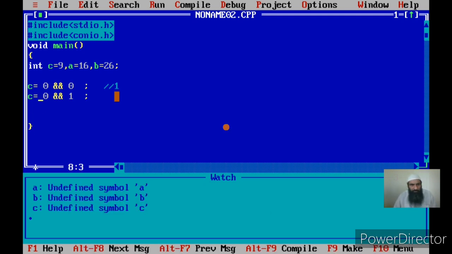I can put it in some other variable, or it is clear, I think. Now for this condition also, in the first case the result was 0, and in the second case also the result was 0. Now let us go for the third case. That is when A is 1, one of the operands is 1, and the other operand is 0.